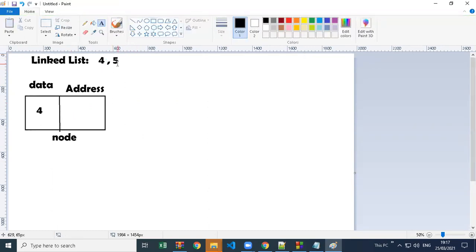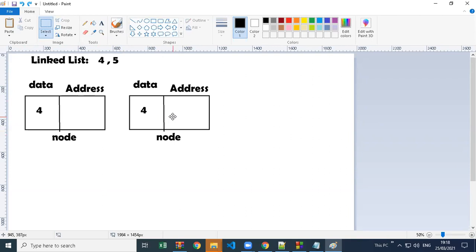So when I say I want to store 5, you can see there is no memory already created in advance. There is no 1 or 5 or 100 memories already created, like in an array. You can see when I said I want to store 4, it created this node and stored the value. And then I'm saying now I want to store the value 5. So it is going to create one more node, and this node has the same thing. So I will just copy the same.